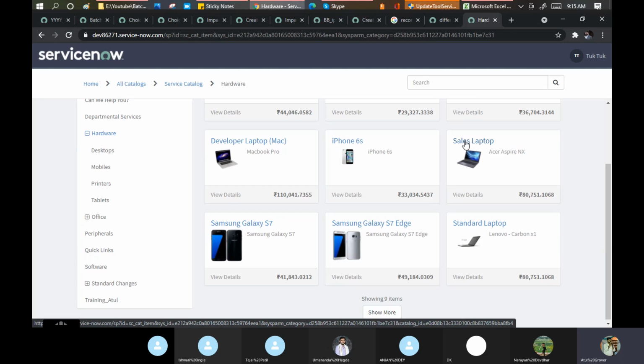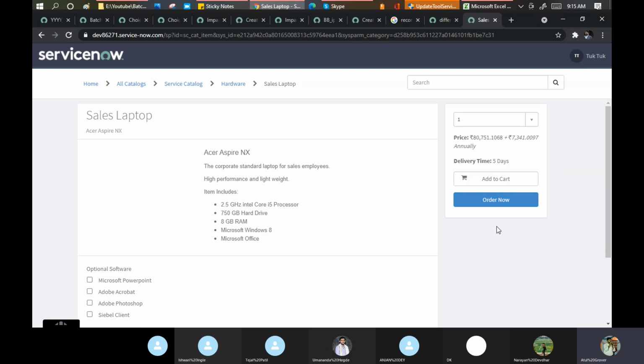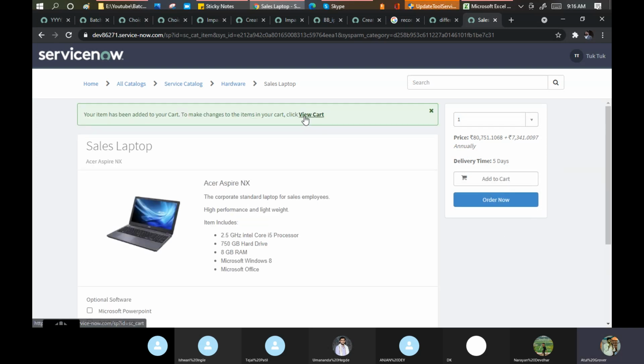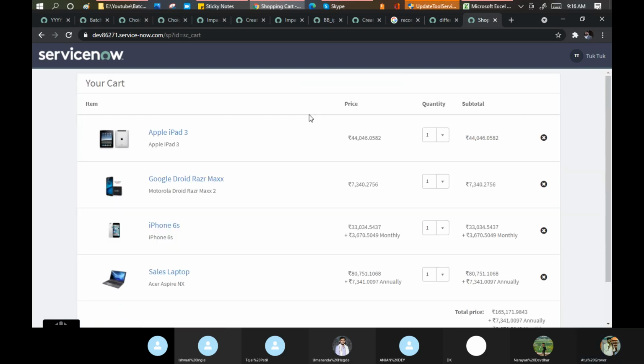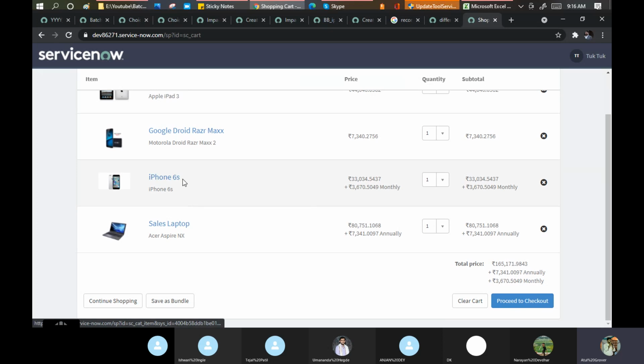Sales laptop. Add to cart. Now let me click on my cart here. I have 4 items to be ordered: Apple iPad, was this added earlier? Google Dart, iPhone 6s and sales laptop.